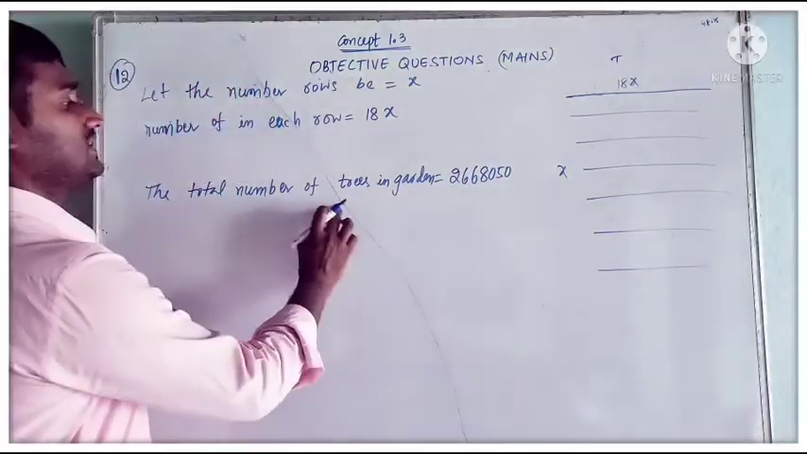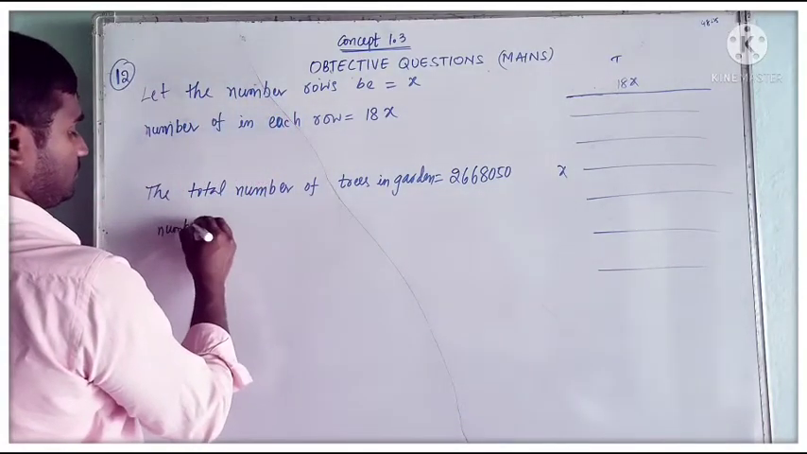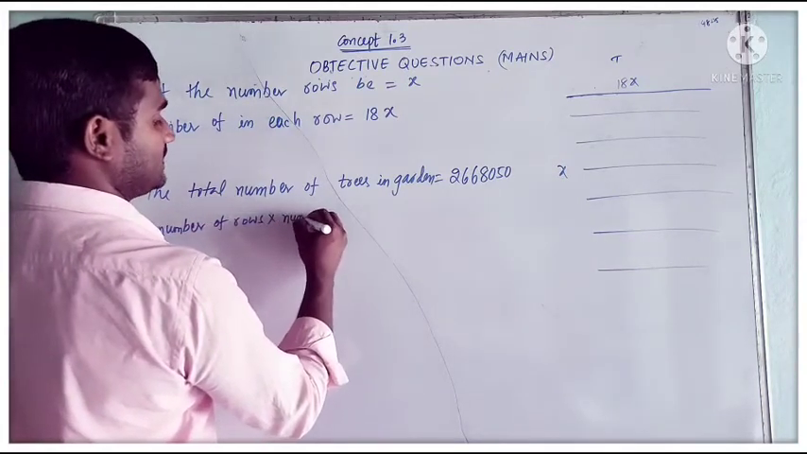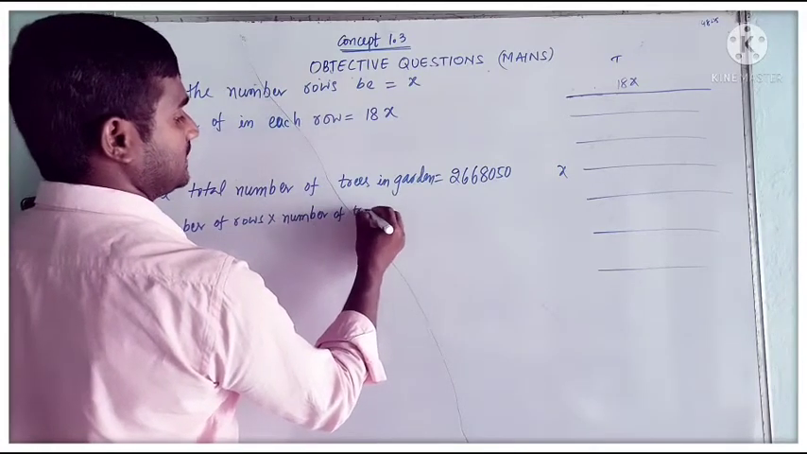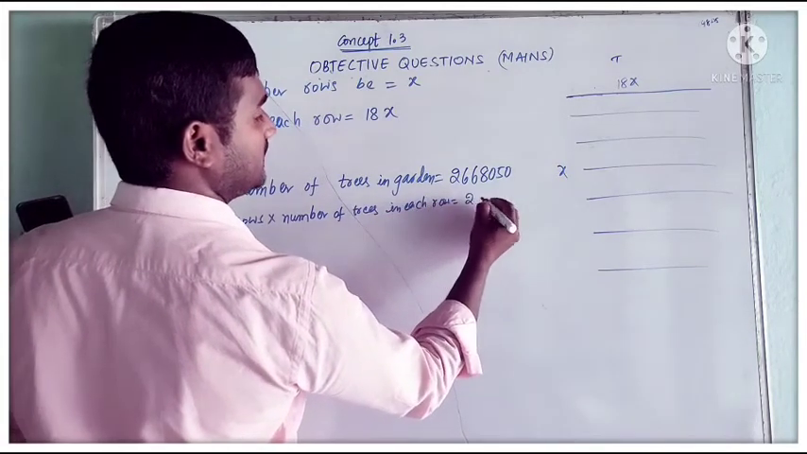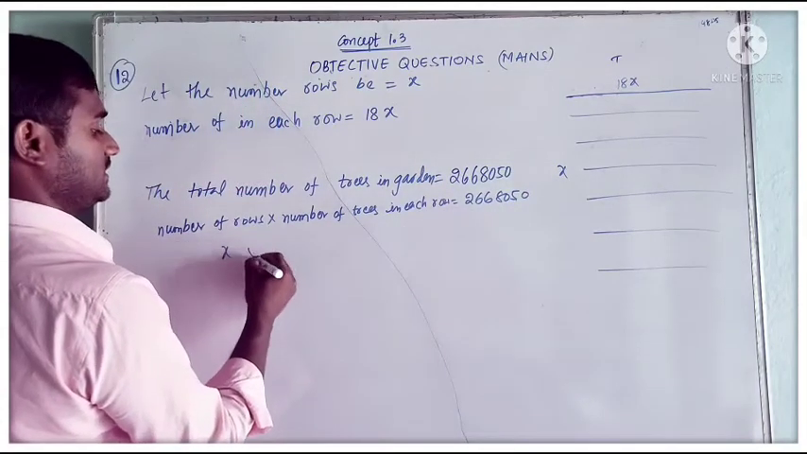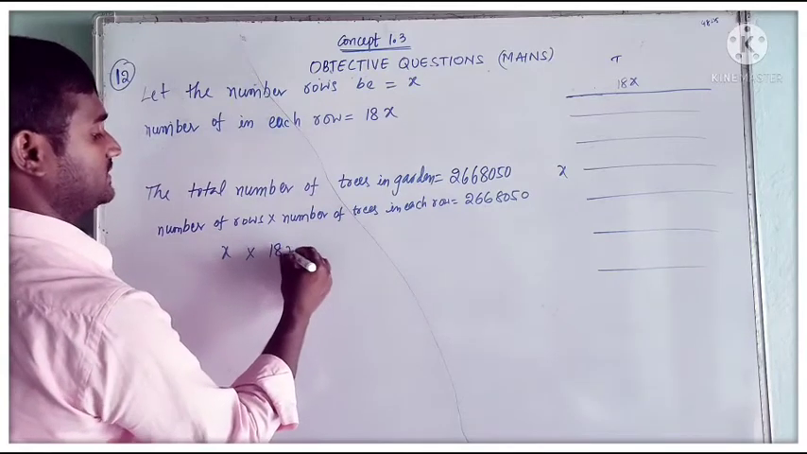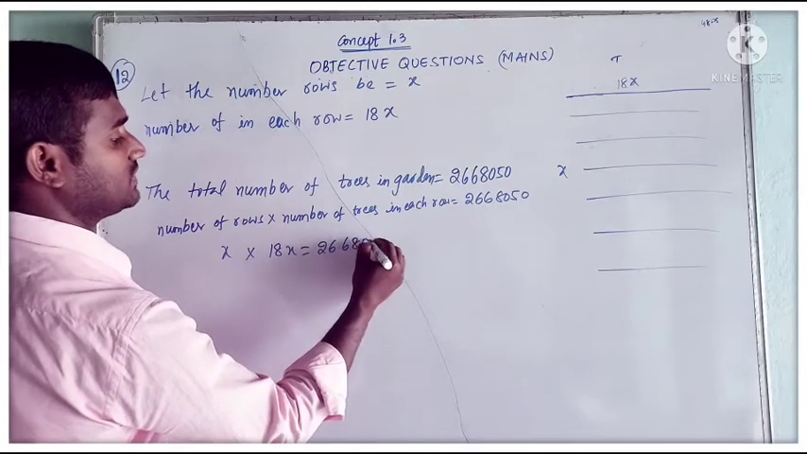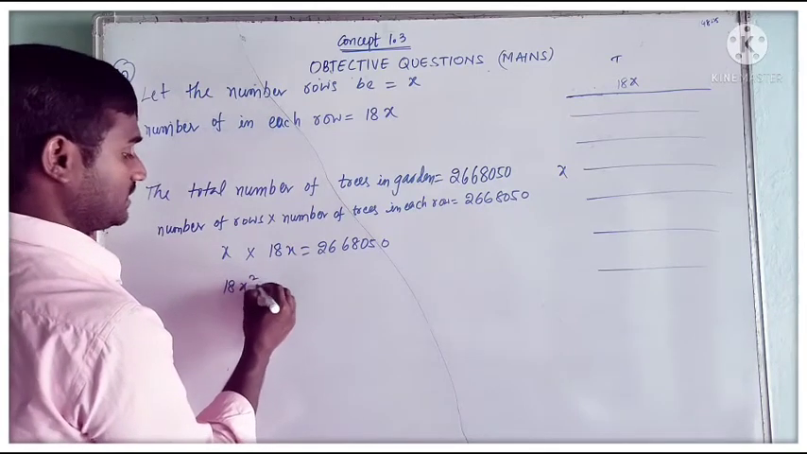So how do you get the total number of trees? The number of rows into the number of trees in each row gives the total number of trees they have given. So the number of rows x into the number of trees in each row 18x equals 26,68,050 trees. 18x into 18x, 18x squared equals